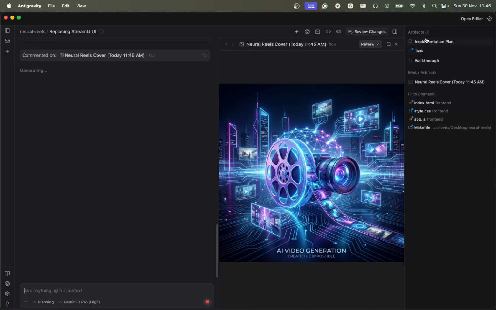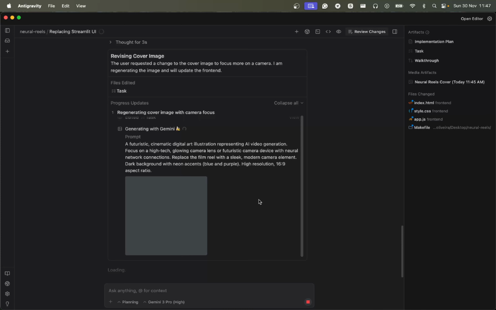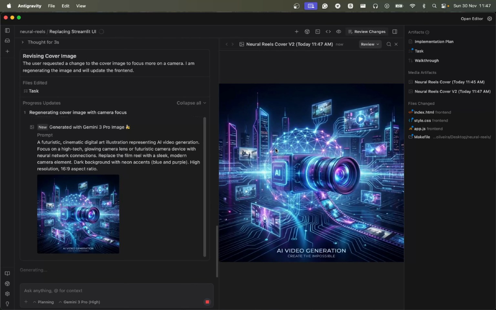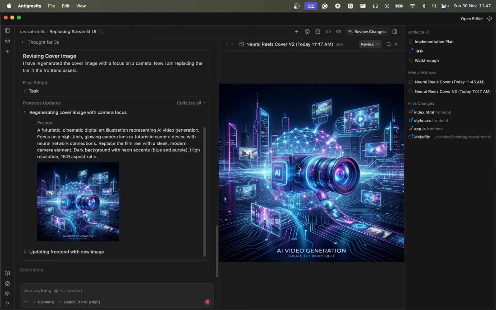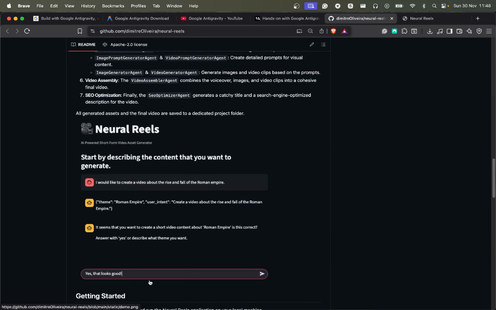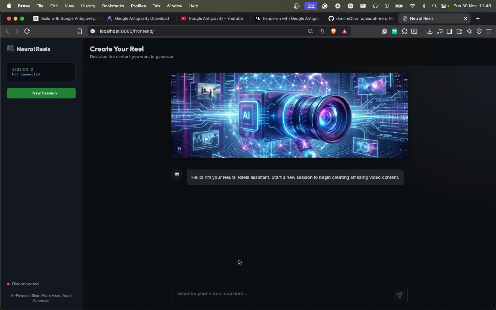So also on the artifacts panel here, you can see that I generated this image I can review. So awesome. So it's basically like I'm using Nano Banana. So it updated given my prompt, my feedback, and it's looking quite good. So you can see the cover image here. It's already looking quite good. And basically the idea of this application is that I will prompt the agent to create a short video for me. So yeah, I'm not going to run it here because it's not the point of this video,